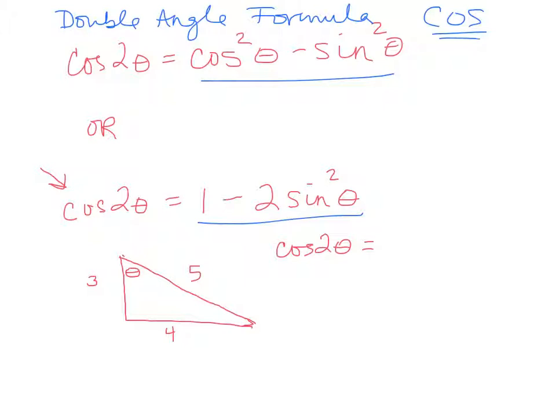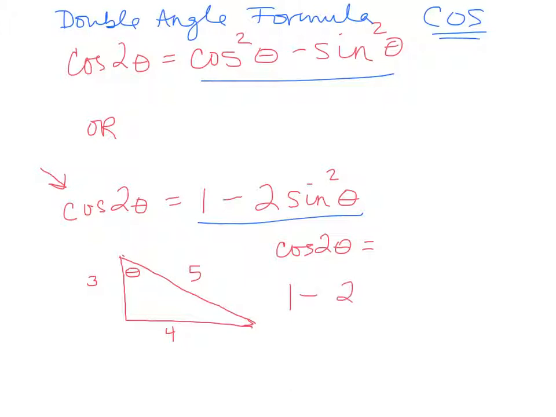So I don't know what the cosine of 2 theta is. It's not 3/5. It's not adjacent over hypotenuse. That's the cosine of single theta. So I have to do this formula to find out the cosine of 2 theta. So it's 1